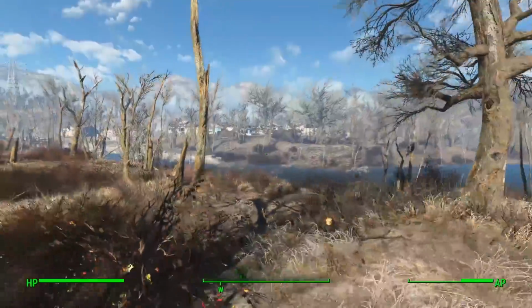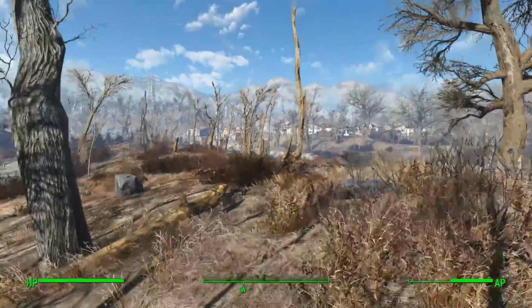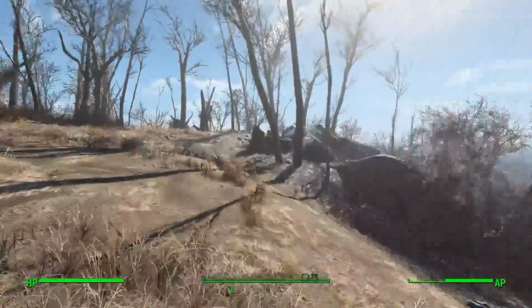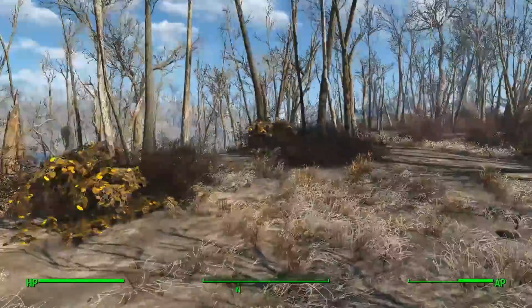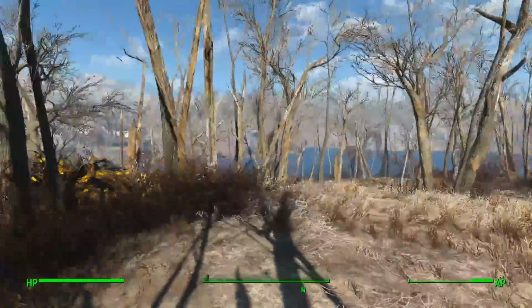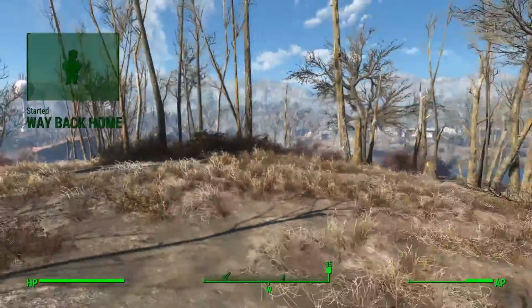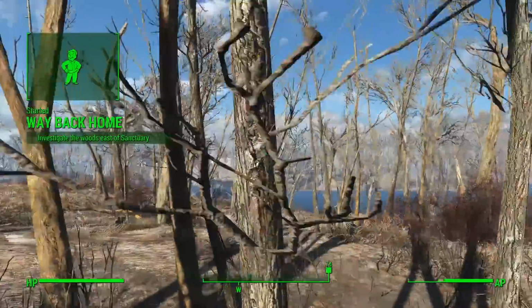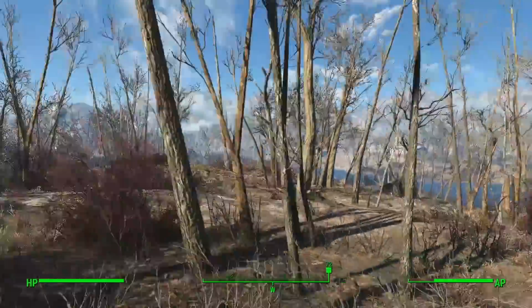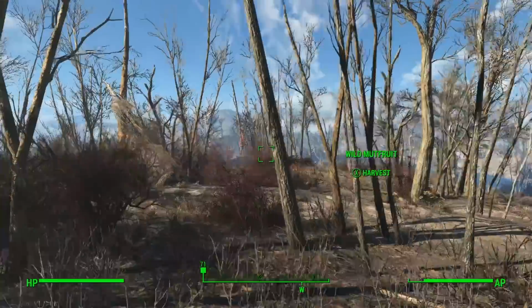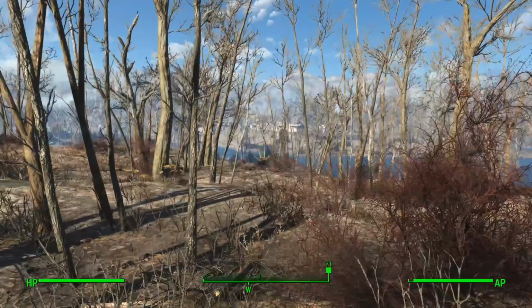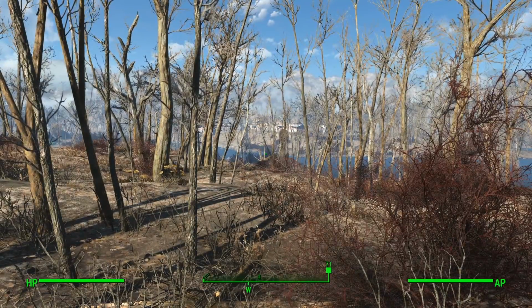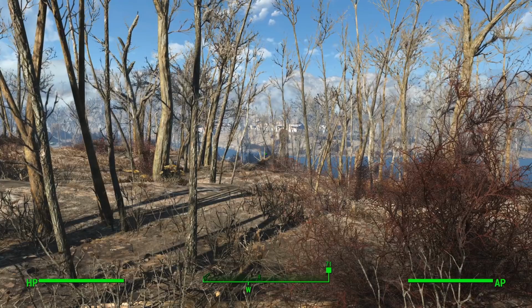But anyway, the reason I'm running out of here is I'm just trying to show you guys what you should do if you want to ensure that your upgrade goes a little smoother. So you can see as I'm getting away from my settlement, the LOD is starting to kick in over there. If you get out that far, that's probably good enough to where all your settlements are in LOD mode. But if you really just want to make sure, the best thing you can do is go to another cell in that character.